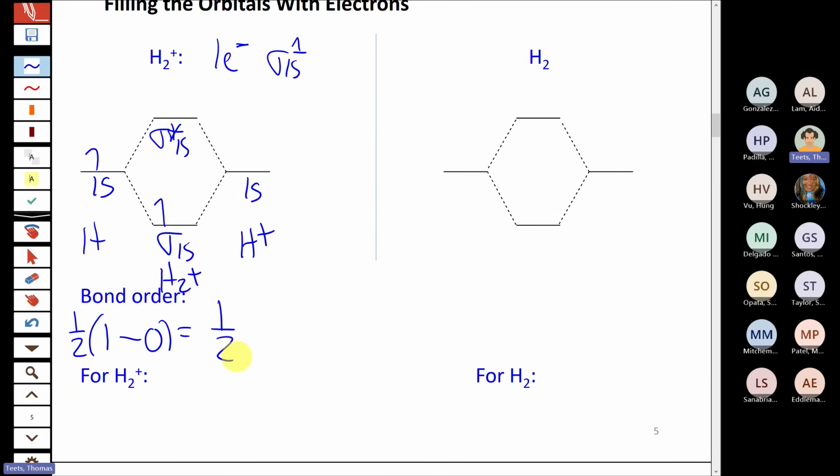So this is the first time we would see a fractional bond order. We didn't really have that possibility when we drew Lewis structures before and used valence bond theory to predict things. But here we can get a fractional bond order of 1/2. Not likely a very strong bond, but one that we could at least theoretically predict as being a bond order of 1/2.